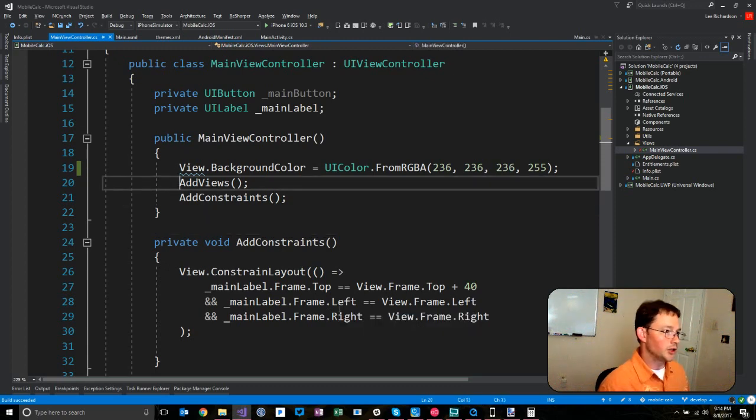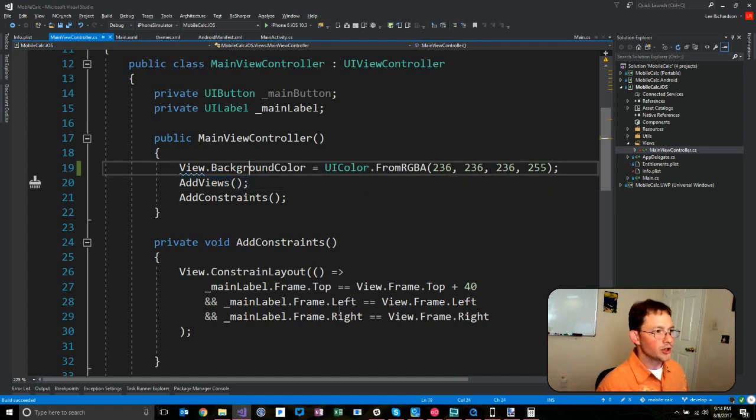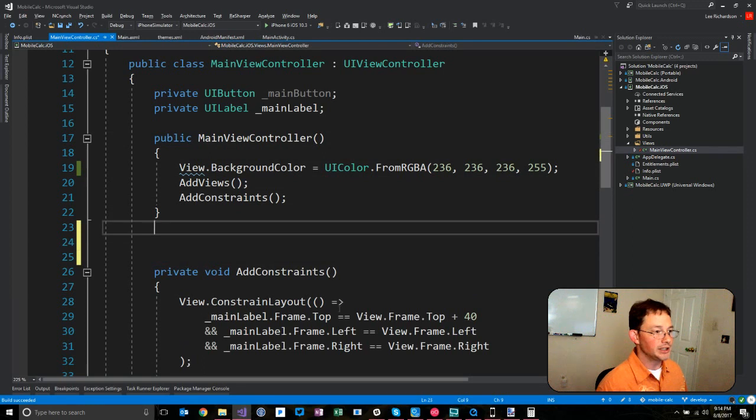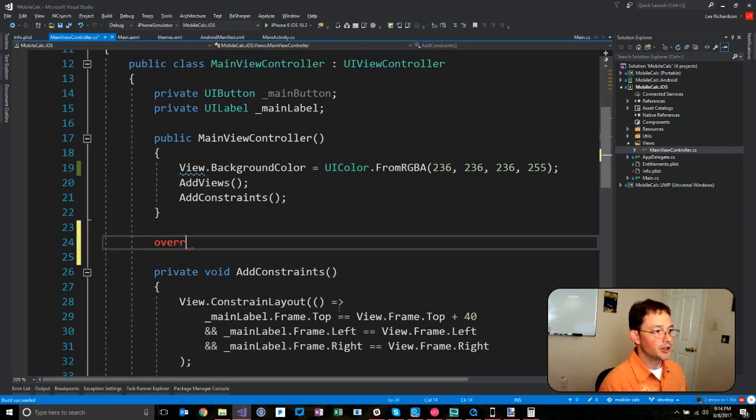Okay, so let's add some views. Again, like I mentioned in the first episode, I'm a big fan of grouping your code in the... Oh, we've actually already made a mistake. And that is, we were doing a lot of work in the constructor, and I would encourage you not to do work in the constructor in iOS. The correct place to instantiate views is in a method called